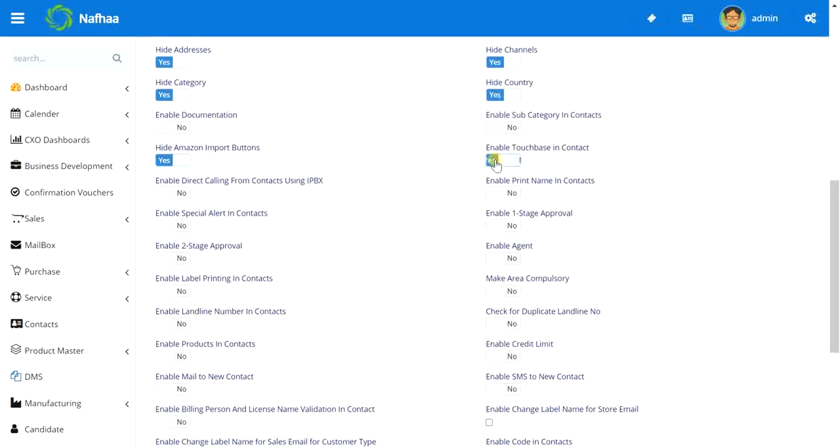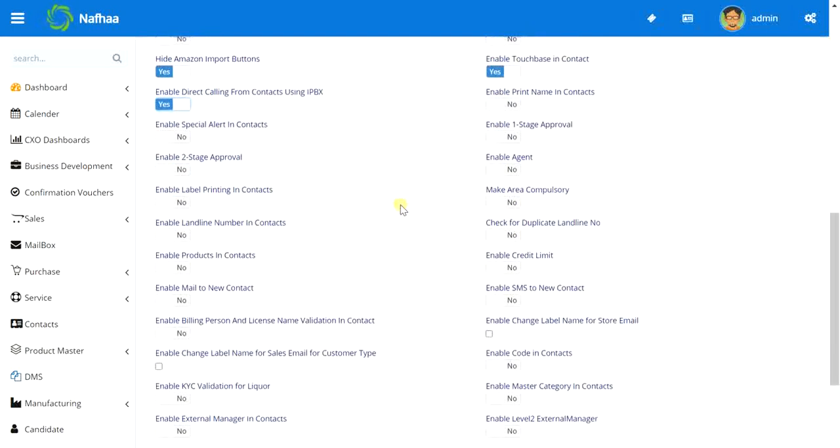Okay, enable touch base management, I will just enable some advanced options. This IPBX is like, Nafa has an option to integrate your IPBX or calling devices, where from the contact itself you can make calls. Okay, so print name and the basic contact name can be kept different. You can enable special alerts, and this one-stage or two-stage approval mechanism can be enabled.